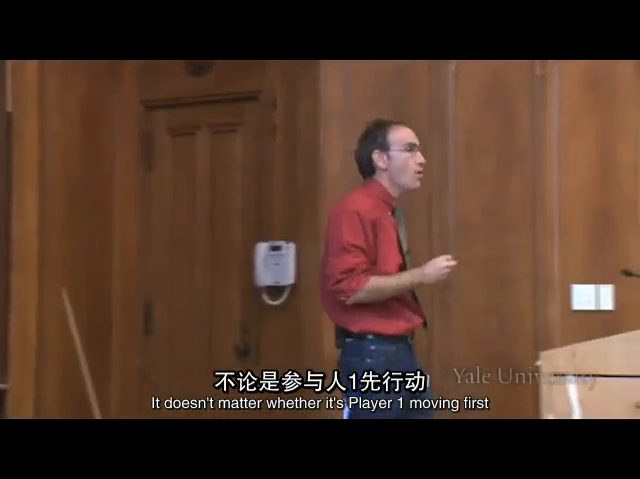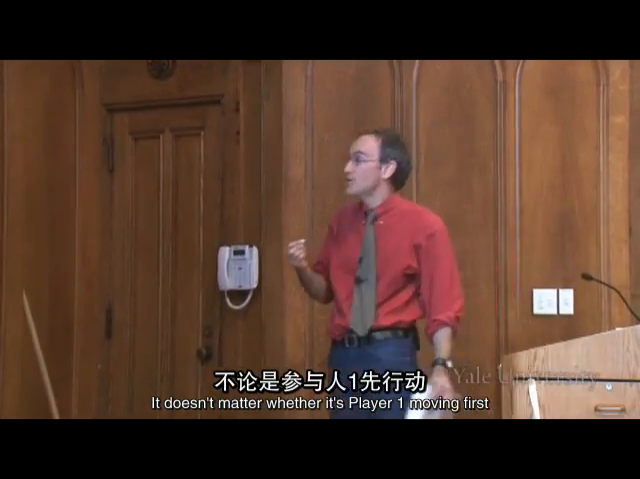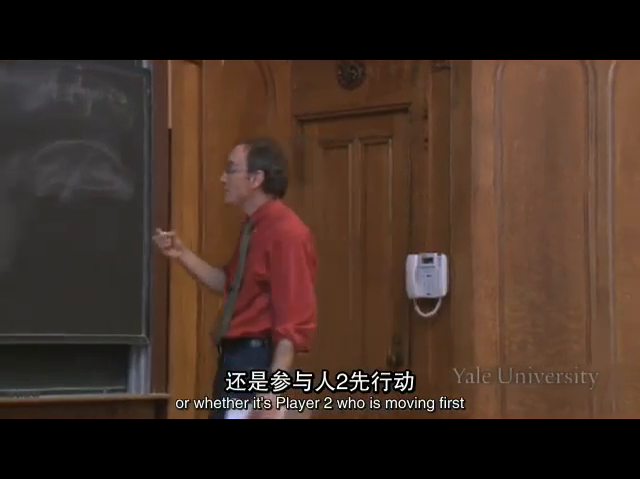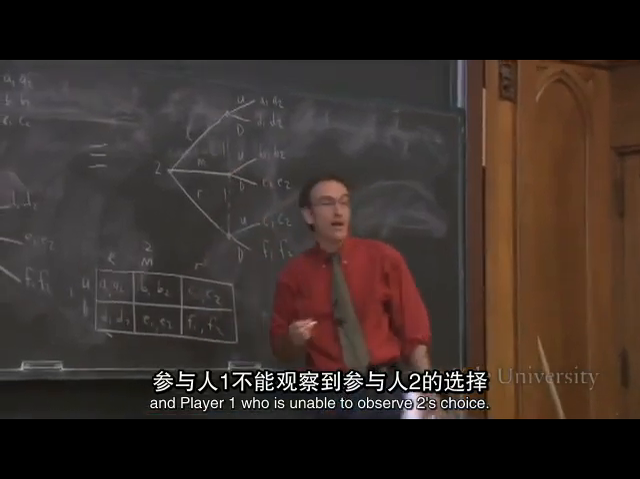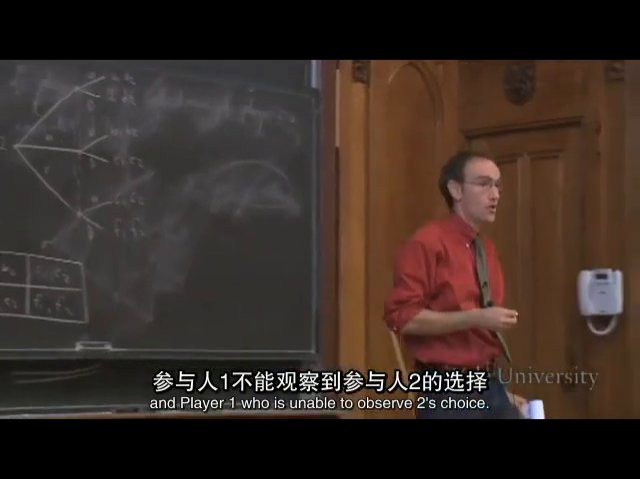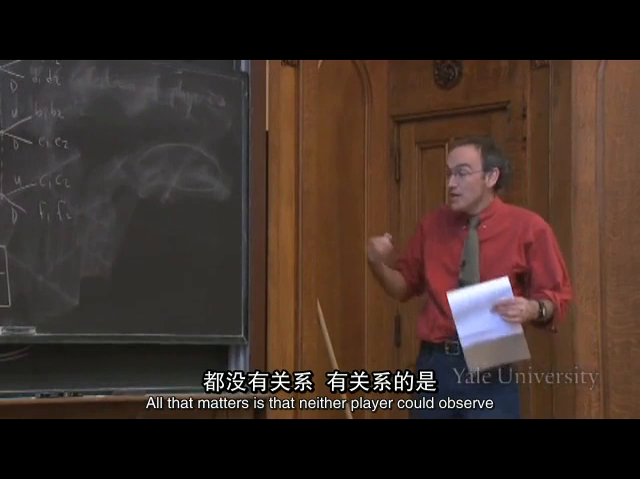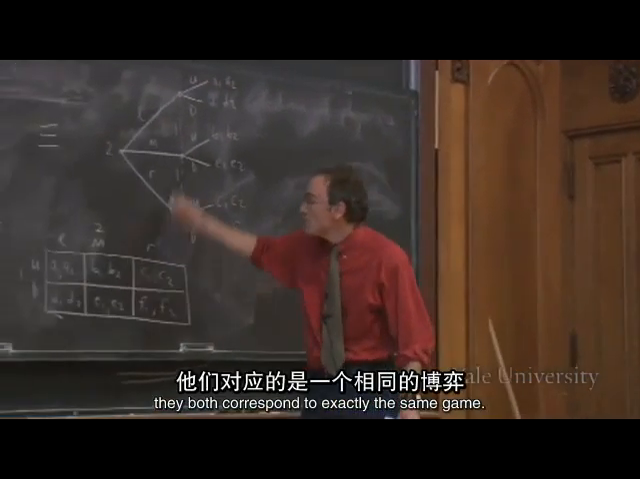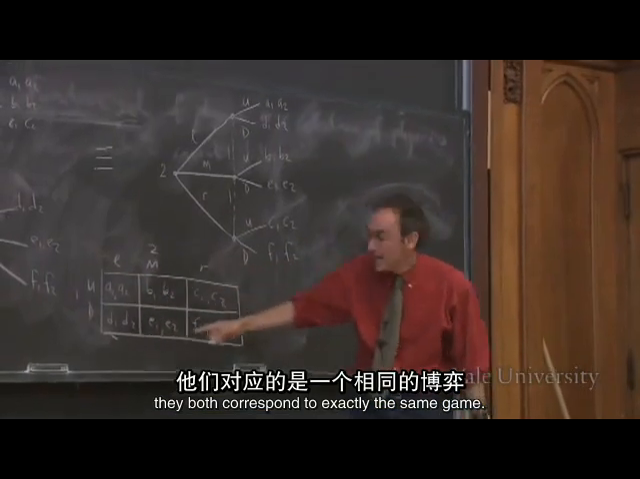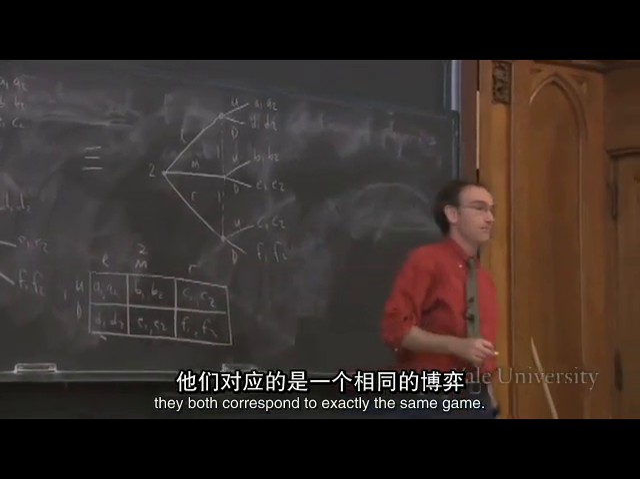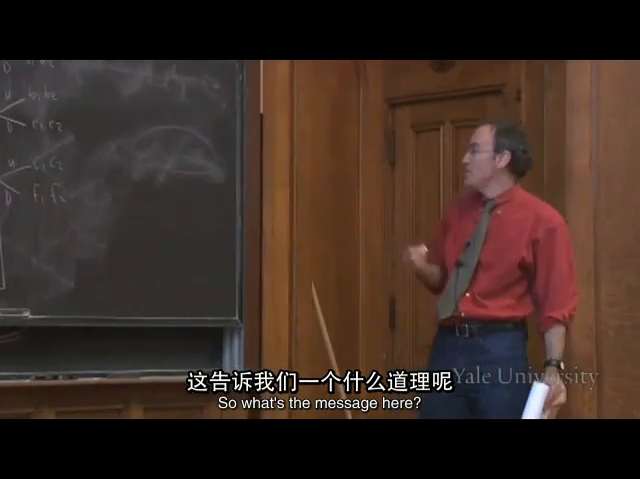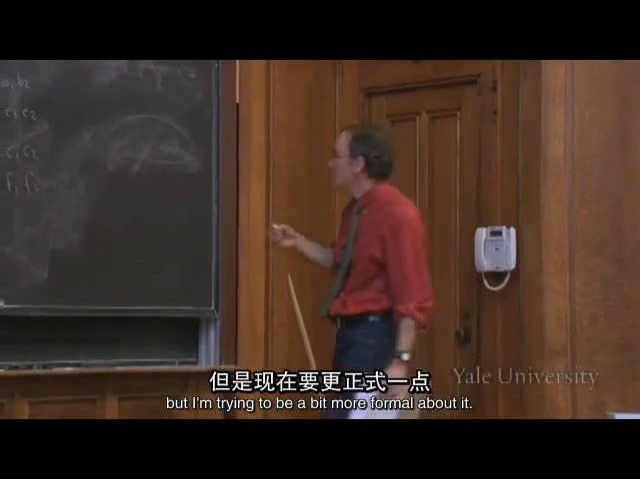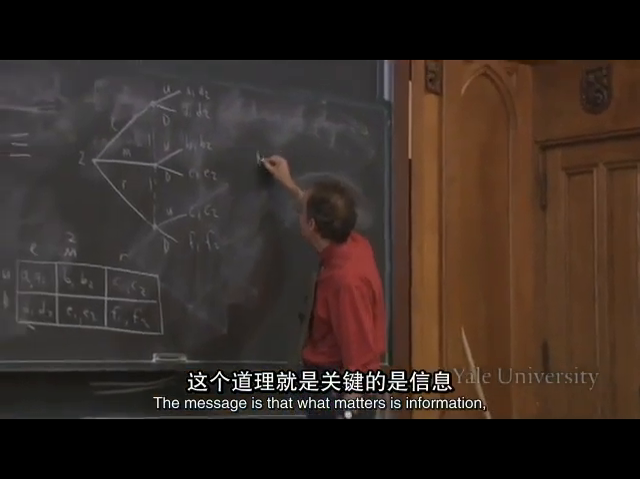It doesn't matter whether it's player 1 moving first and player 2 who's unable to observe 1's choice, or whether it's player 2 moving first and player 1 who is unable to observe 2's choice. Right? All that matters is that neither player could observe the other person's choice before they got to move. They both correspond to exactly the same game. All right? So what's the message here? The message is something we've talked about before in the class, but I'm trying to make it a bit more formal about it. The message is that what matters